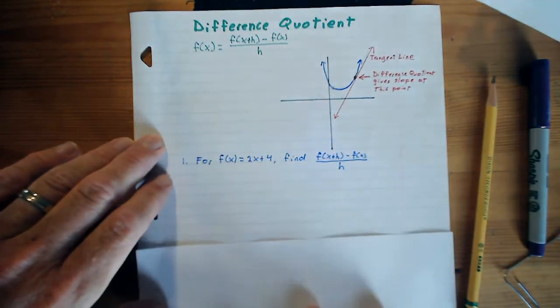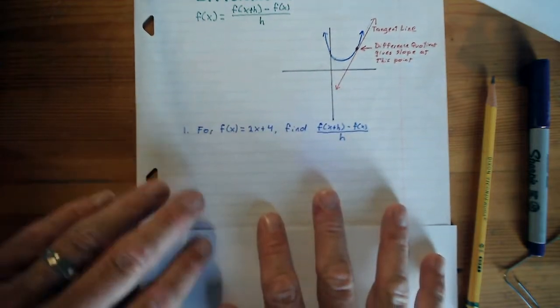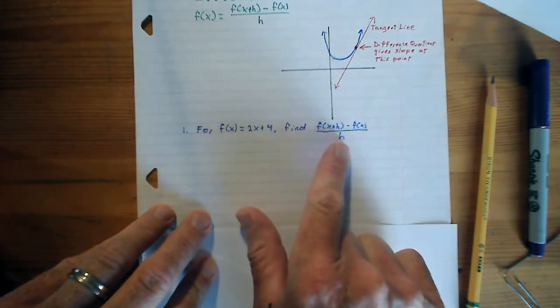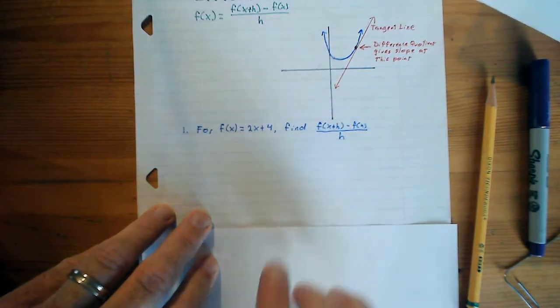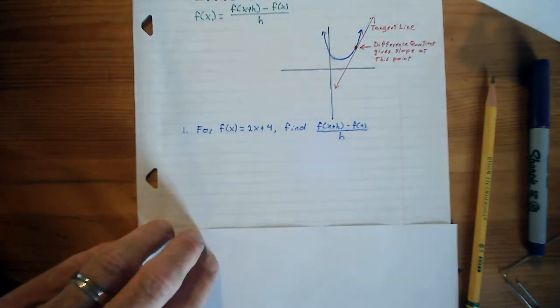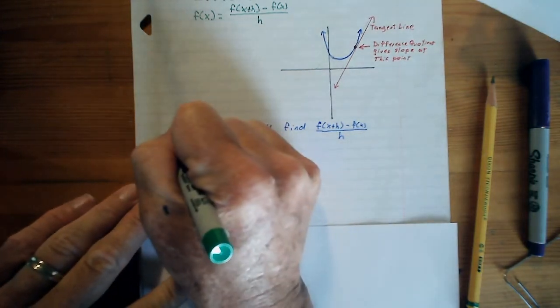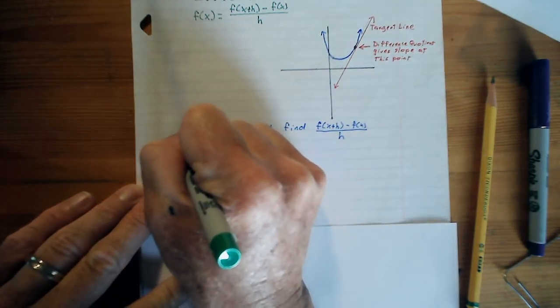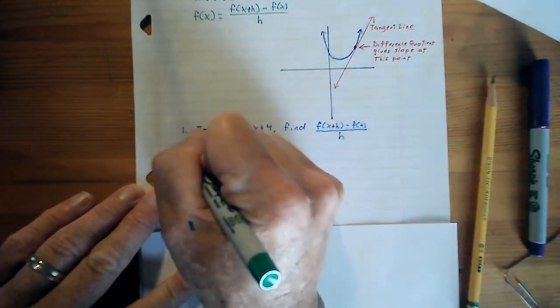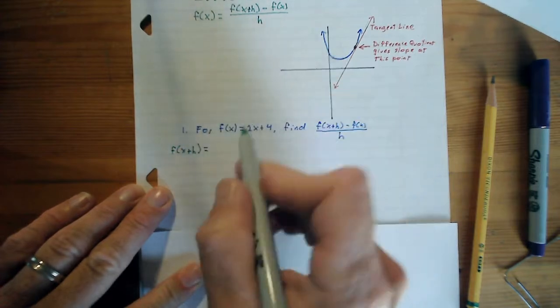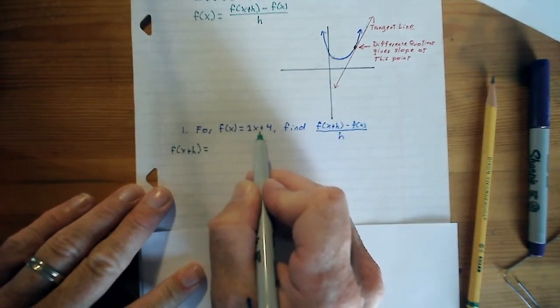So let's play around with this a little bit. Let's say I've got f of x is 2x plus 4, and I want to find f of x plus h minus f of x over h. Well, a nice way to do it is to first find out what is f of x plus h. Well, since f of x is 2x plus 4,